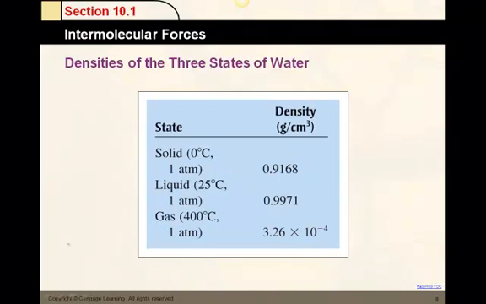Densities of the three states of water. Now, of course, water is an exception. Water is actually more dense as a liquid, and you can see that as a liquid, water has a density of 0.9971. As a solid, it's actually slightly less, and that has to do with the open structure of water. The water molecule, when it is put together, has kind of an opening in the center,